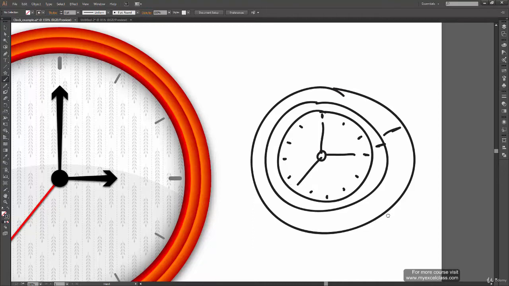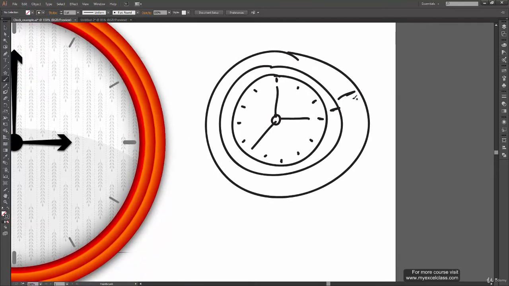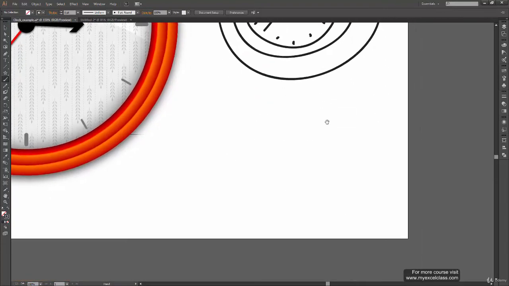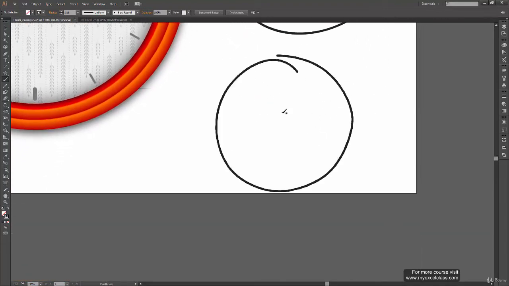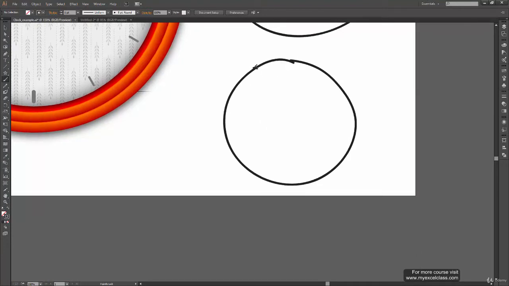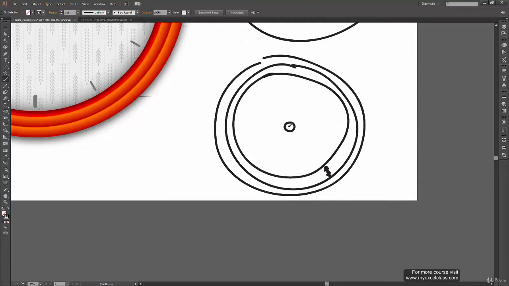So this is how I'm planning to do it. The other way, in this way there will be no outlines. The only thing we will be dealing with is filling gradients inside the shapes. In the other way, we can create a circle like this, or sorry, we can create a stroke which is this thick. So if we create a stroke, let's say this thick, then we can fill gradient inside the stroke, and outside that we can create one more circle with the same stroke, and put it behind, and then we create a circle inside, and then the rest of the process will be the same.